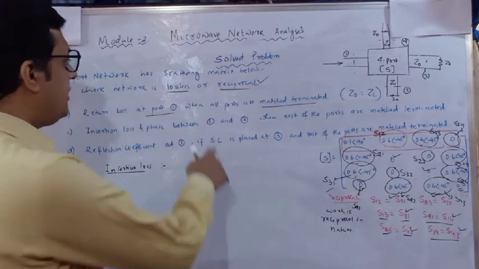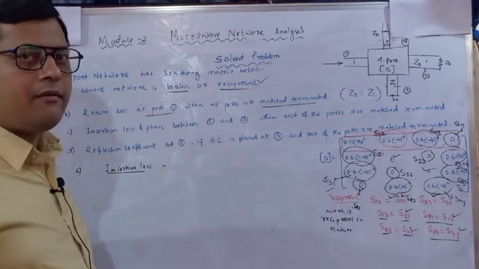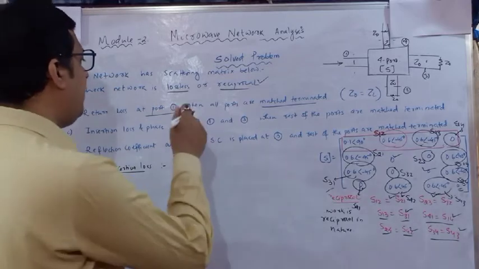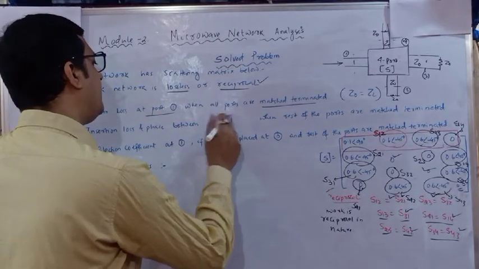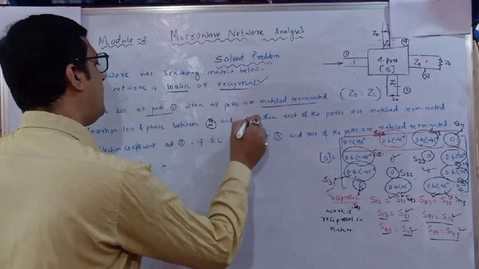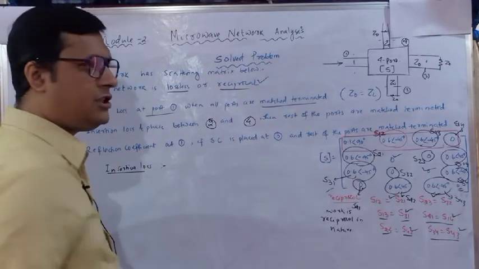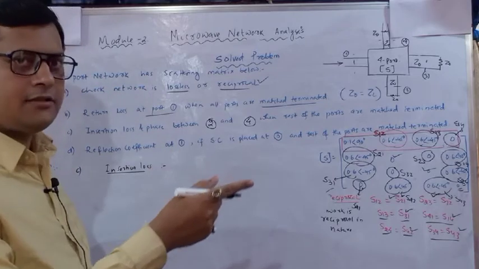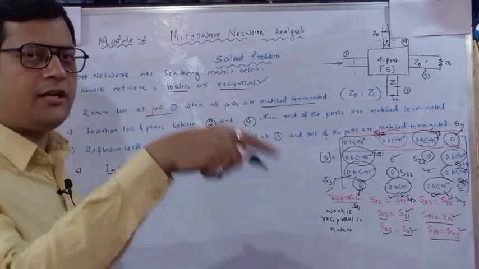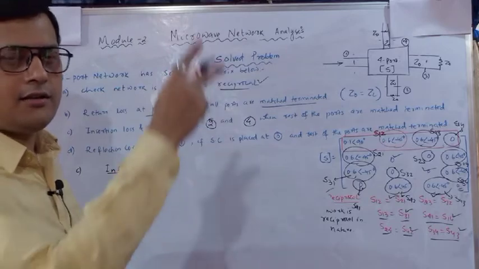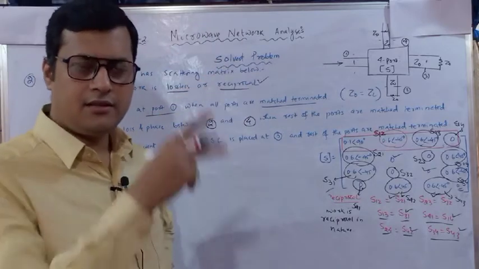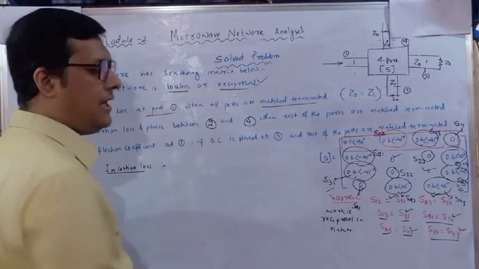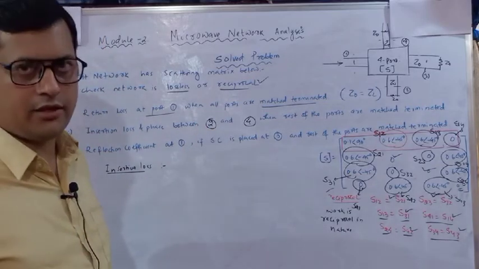Input power is at port 1 and output power at port 3. The same question I can write if this one is 2 and this one is 4. This is the possibility they can give. Here I have given 1 and 3, so that means 1 will become the input and 3 will become the output, and the other two ports will be match terminated. Similarly, if I change this value, my parameters are also going to change.